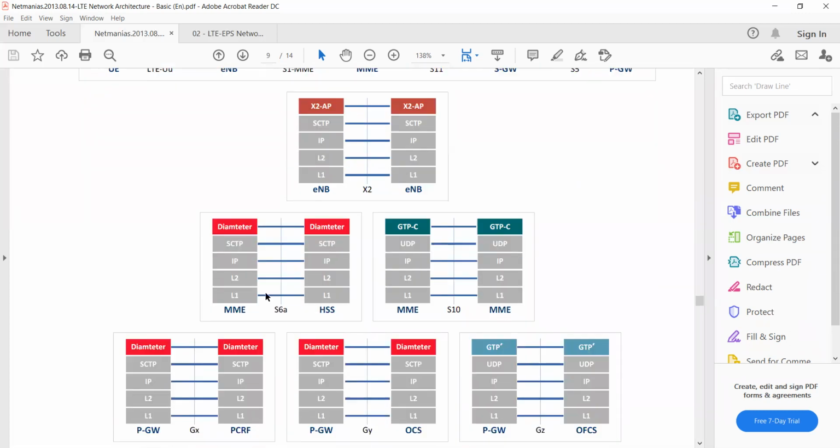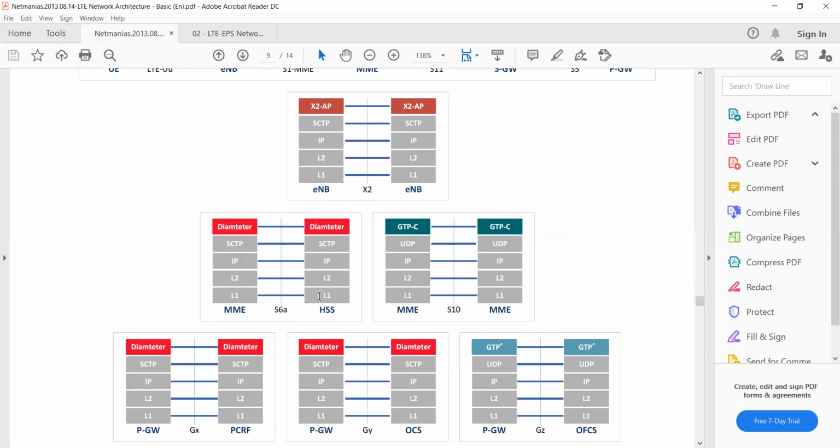Another thing is MME. Sometimes companies like Cisco or others, if you are working on the MME side or HSS side, will ask you to draw the interfaces between MME and HSS. So this is also one of the important questions. You can draw this diagram. In the internal stack between MME and HSS, it uses the S6A interface or Diameter. We will discuss this in detail, what each and every layer is.